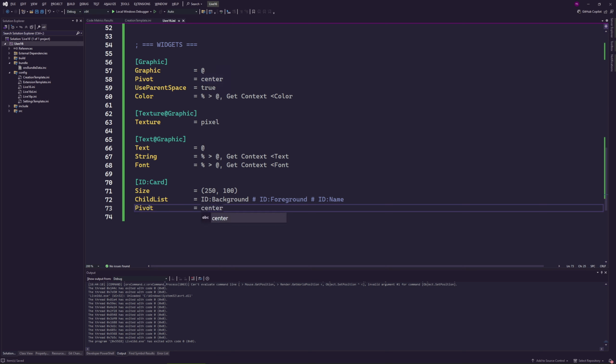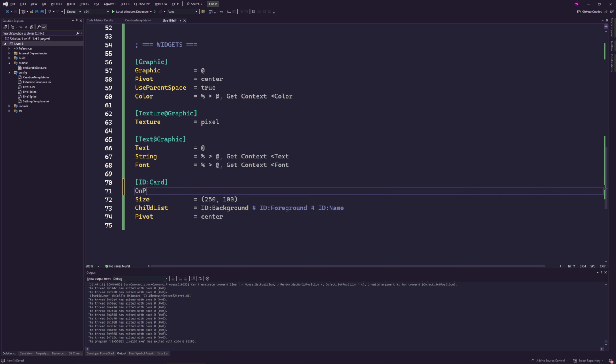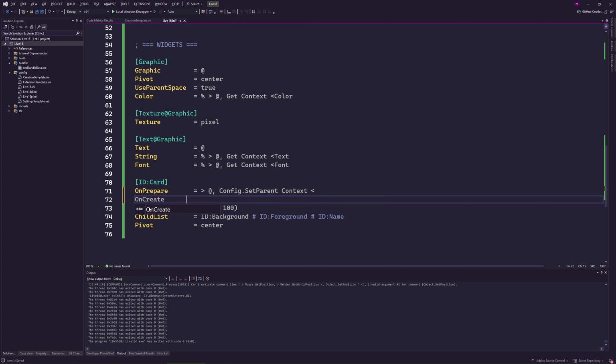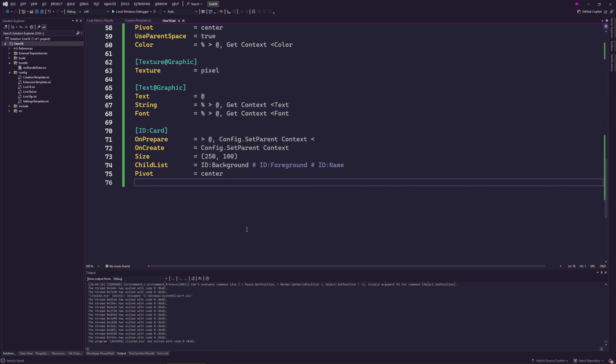Okay, but we need to define the context. And the way to do this is we are just going to say, before we create anything, so in the preparation of the root, I want to set the parent of the context. So the context section, we want to set ourselves. So first I'm pushing myself, and then I'm going to say, okay, the parent of the context section is going to be me. All the information is going to be coming from me in the end. And upon creation, so once we're done, we're just going to remove the parent of the context. Set parent, context, nothing. So the context will only be linked to me during my creation. And when I'm done, the context is free to go again.